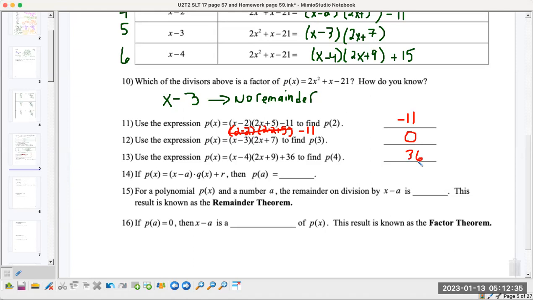Okay. Number 14. If p of x equals x minus a times q of x plus r, then p of a equals r. Just equals the remainder like it did in number 11 and then in number 13. Okay, for a polynomial p of x and a number a, the remainder on the division by x minus a